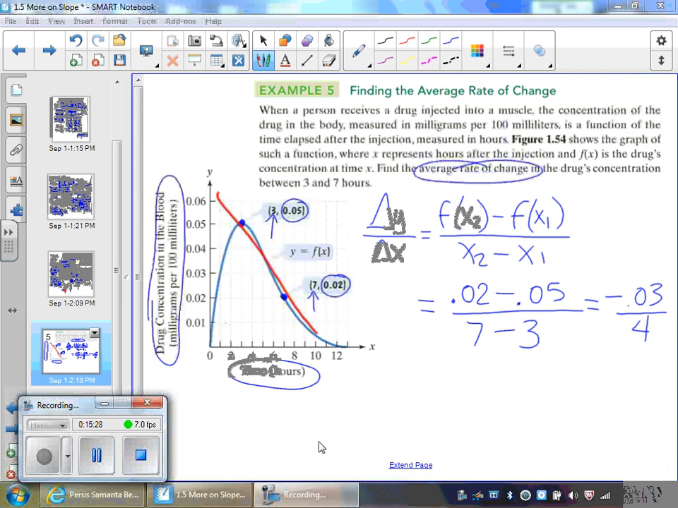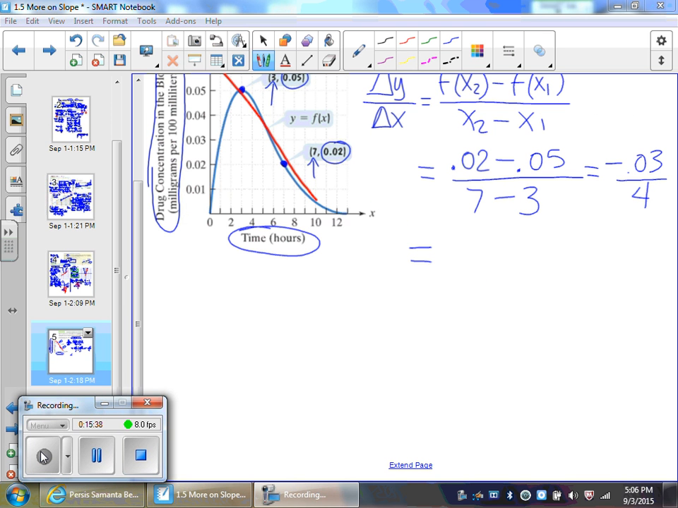Okay, I need that value. Okay, so negative 0.03 divided by 4 is equal to negative 0.0075. And the interpretation for this will be that the average rate of change is negative 0.005, which means that the drug's concentration is decreasing. We know that because we have a negative rate of change, and of course you guys